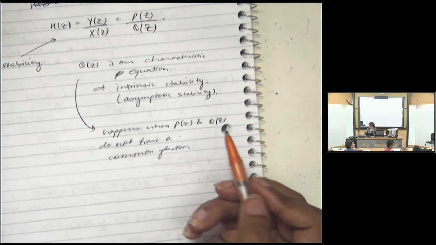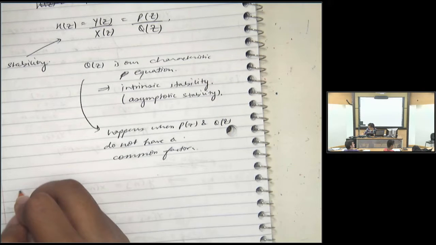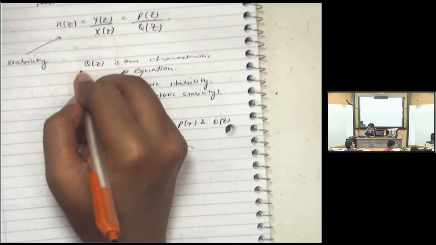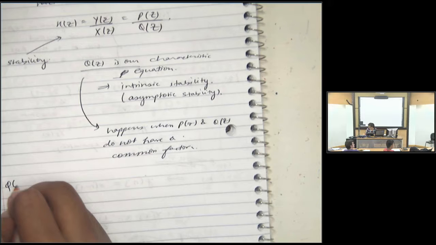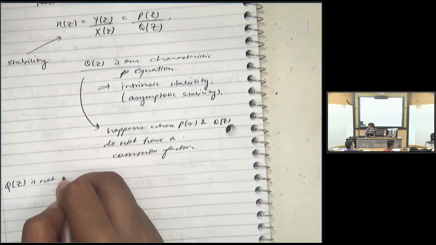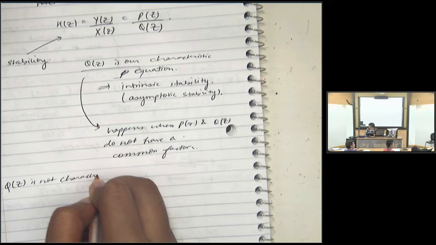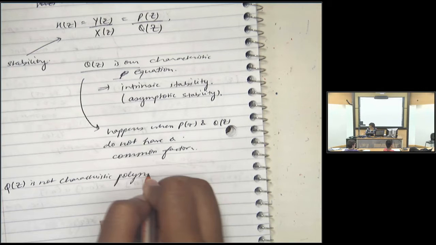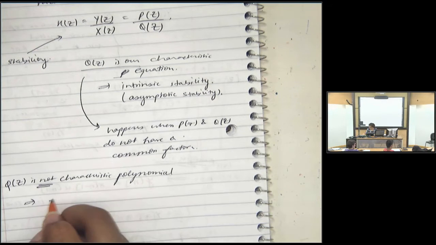The other case is when q of z is not my characteristic polynomial. In this case, I can only talk about extrinsic stability,